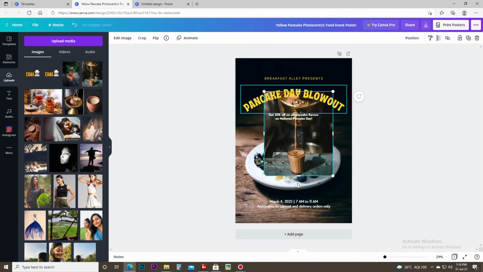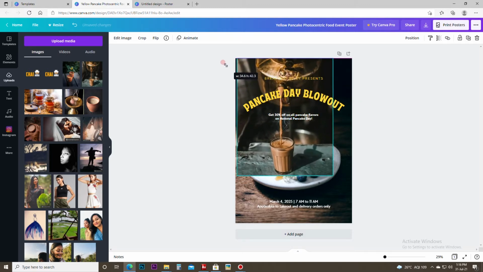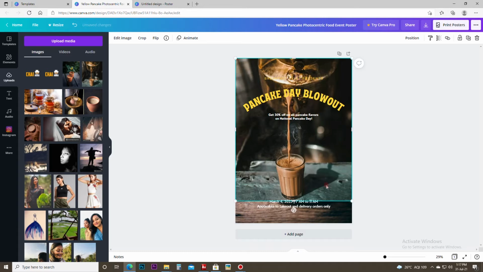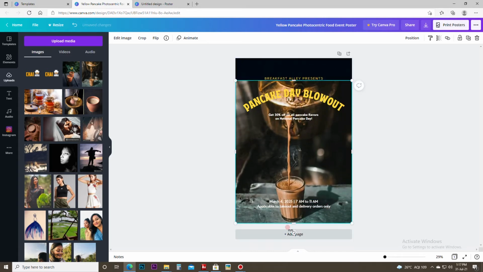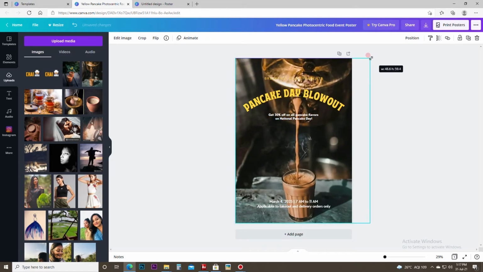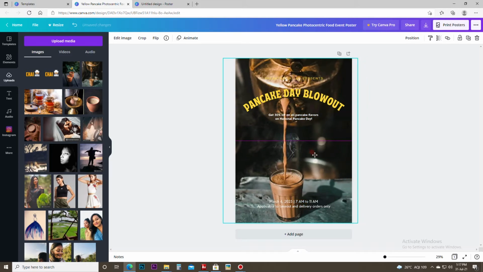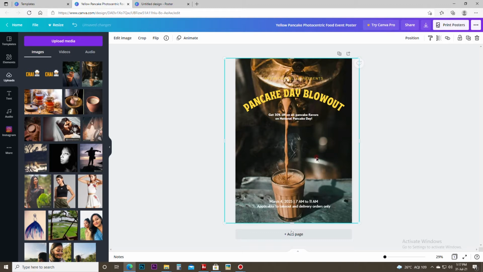Now what you have to do is go to the corners, the dots, click on the dots, and stretch the image from all the sides. See, stretch it. Now you have to get it right down. This is the border, this has to be right down, and now you can stretch the above part like this. Get it fully covered, and just adjust this in the center like this. Okay, I feel it's fine now, your work is done.